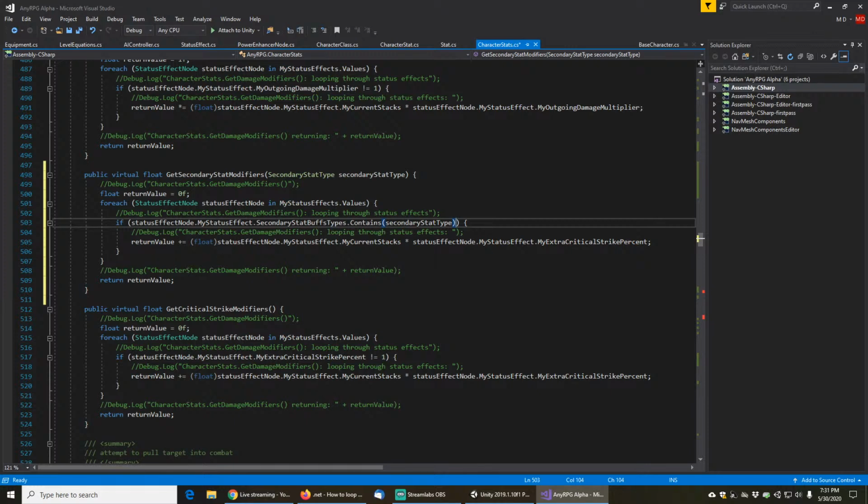Then our return value is going to be, and here we're not grabbing extra critical strike percent. We're grabbing